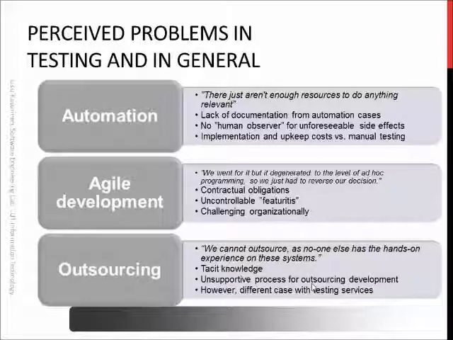So from the viewpoint of testing, the agile development was considered really problematic in some organizations because the featureitis happened, meaning that the organization kept introducing late changes to the software, adding new features, doing all that sort of things to get the customer to pay more or the customer more happy. But on the other hand, it doesn't work that way because we still have to test all the late